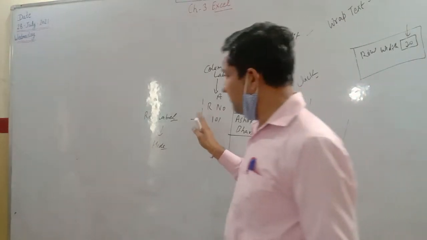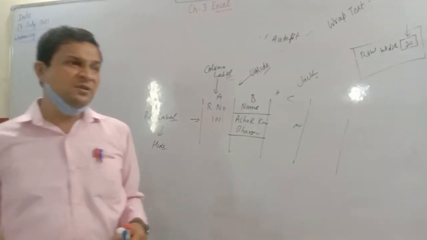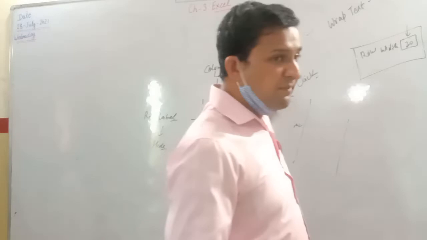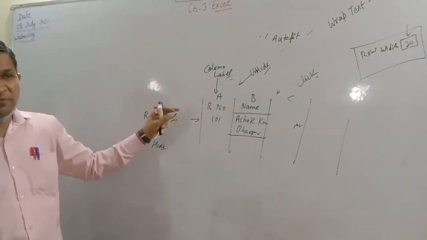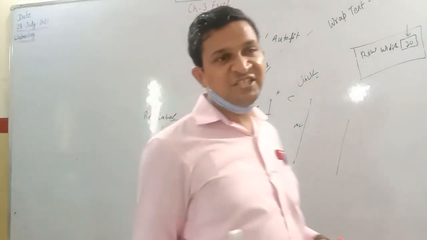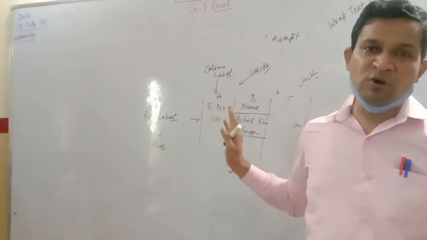We can do it directly from here, and we can do it from the tabs option also, but this is the best option. Directly go to the specific position, select the number of rows and columns, and select the second last option, that is hide specific row or column.